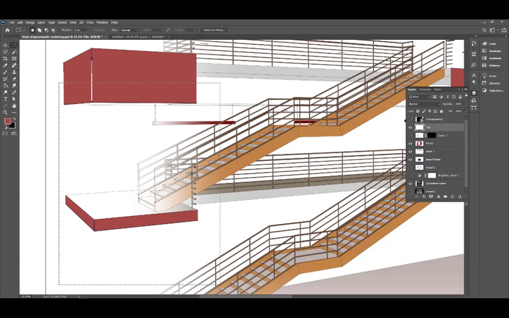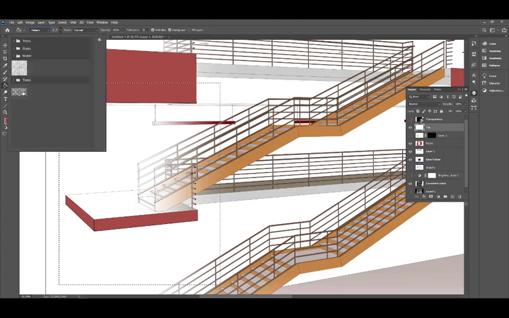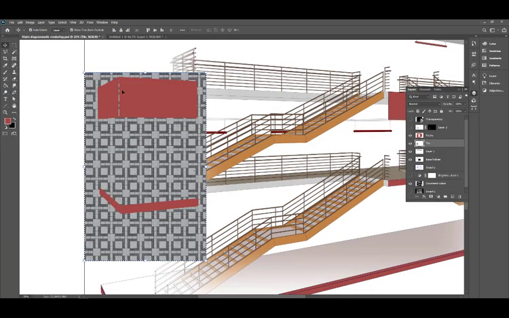Back here in my main drawing, I have made a new layer for that tile, and I've drawn a nice big rectangle that I can fill with that tile pattern. I just click the paint bucket and make sure that instead of painting the foreground color, now I'm painting a pattern. And you'll see right next to that a selector where you can choose any patterns that you might have loaded into your project. In this case, here's my tile pattern. I can select it, and I should be able to paint it in this space. Now I've got a box filled with that paint, and it's sitting here below the poche level, which is handy